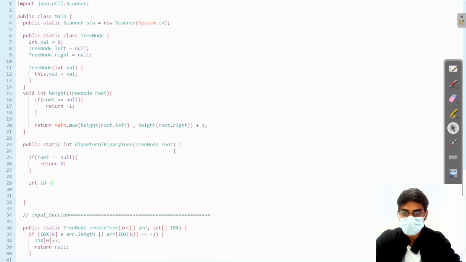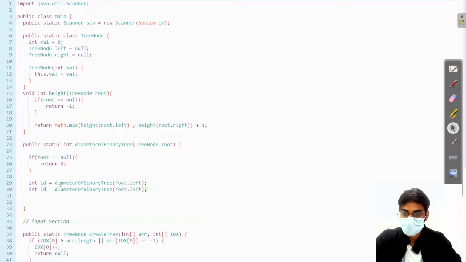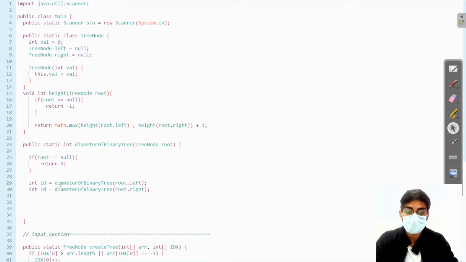Left diameter is equal to diameter of binary tree of root.left, and right diameter, that is root.right,